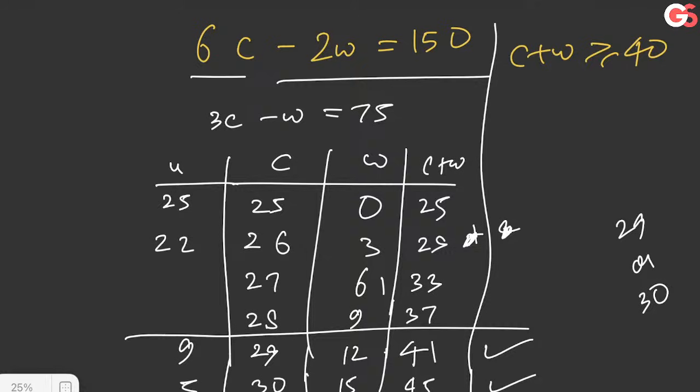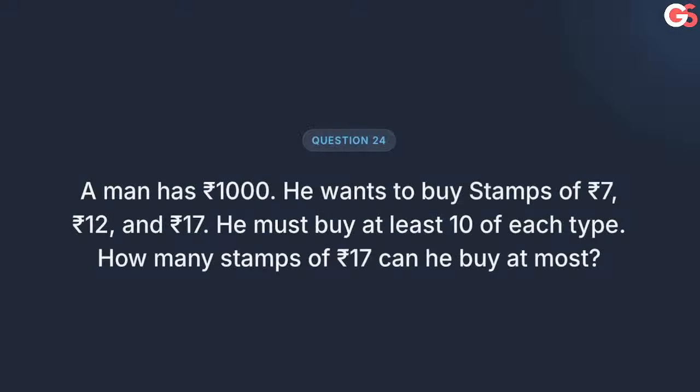नाइस क्वेश्चन। हाँ, अंकित क्लियर हो गया? ये करते हैं। Stamps of rupees 7, let's say he bought A stamps of rupees 7, B stamps of rupees 12, and C stamps of rupees 17। इतना हो गया है। This is 1000 and it says he has bought,